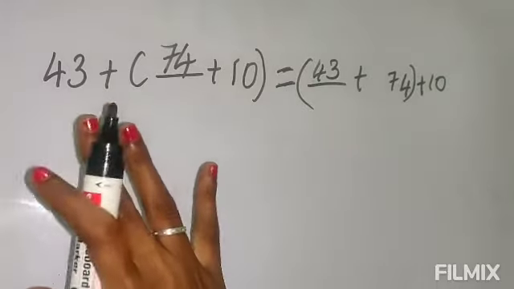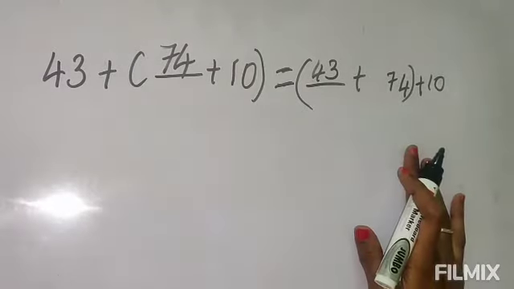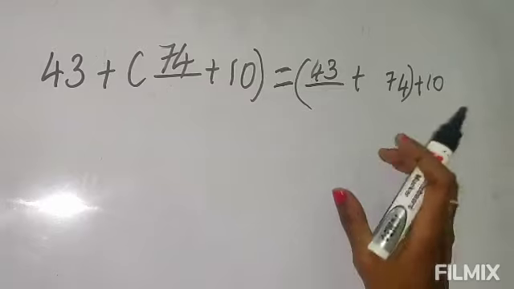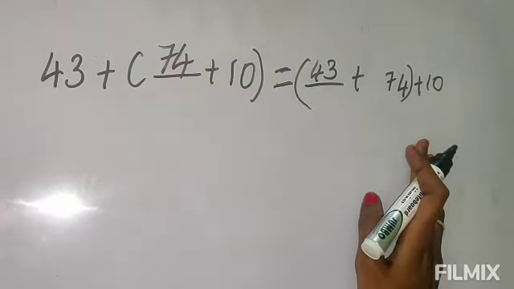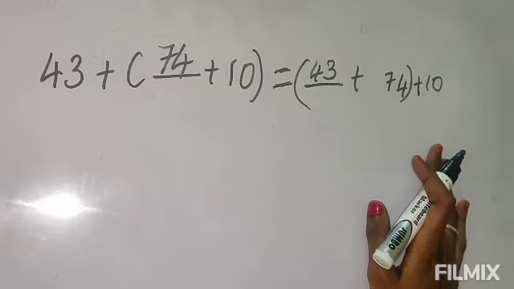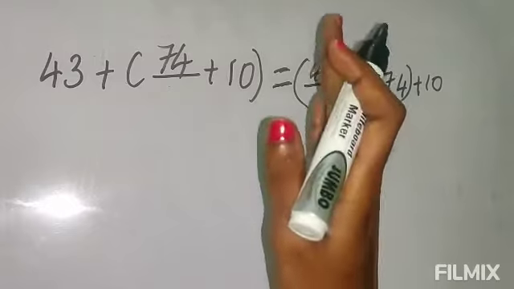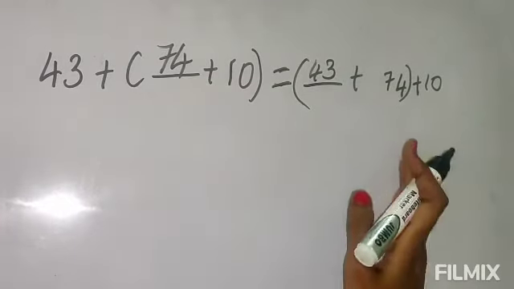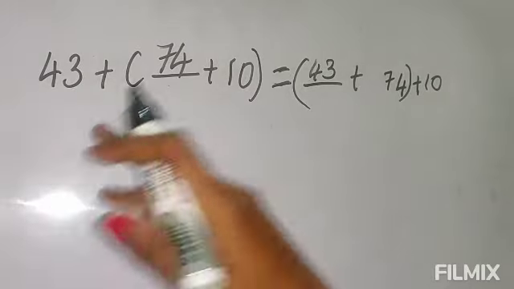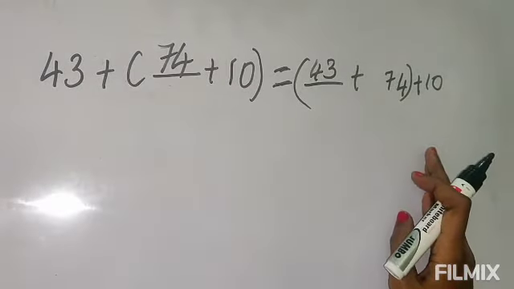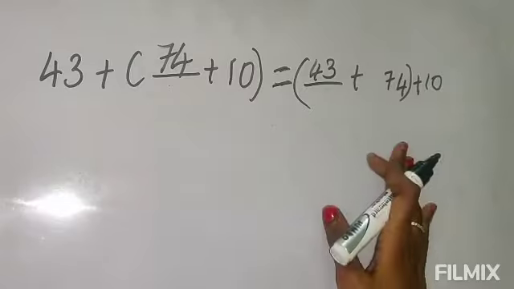If you find one number on this side but it is not on that side, then you can fill in any dash with the number that is given. It can be in any order. We have already learned the order of addends: if it is changed, the sum remains the same. So you need not worry whether it has to be in the first place or in the second. Suppose it is in the first place here, it can be in the third place also. It is not necessary that it should be in the same order.